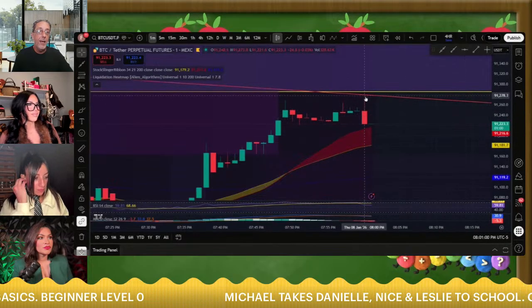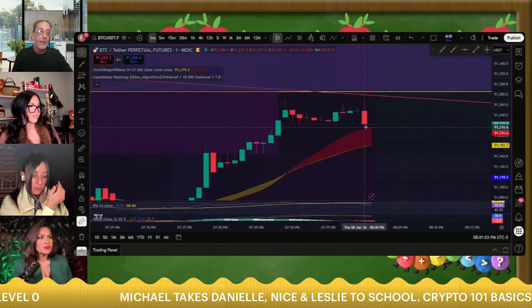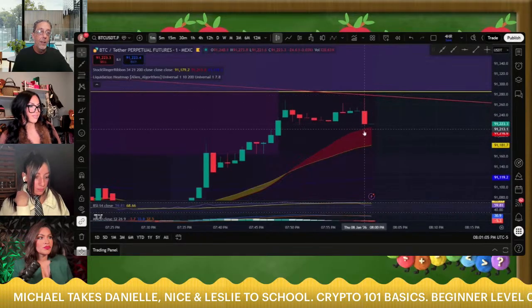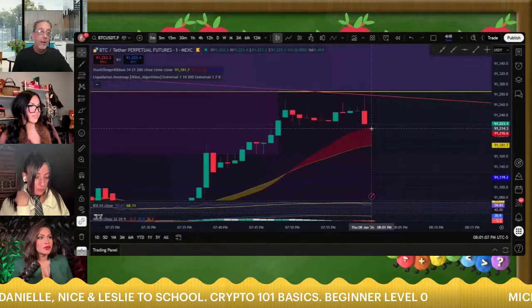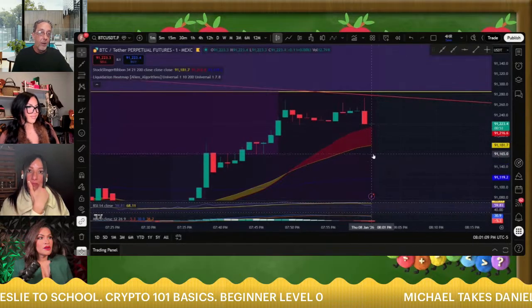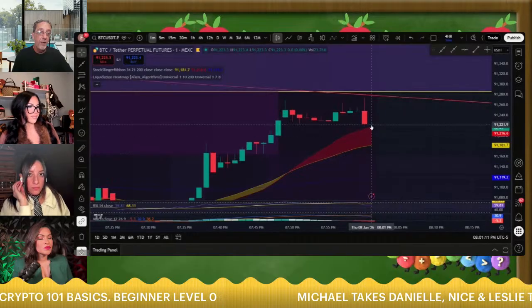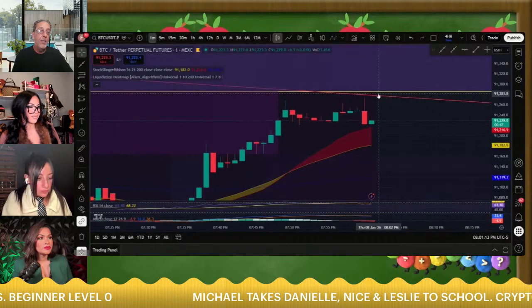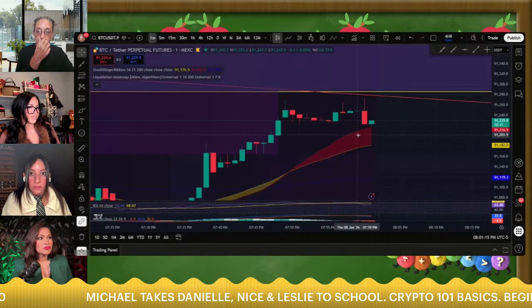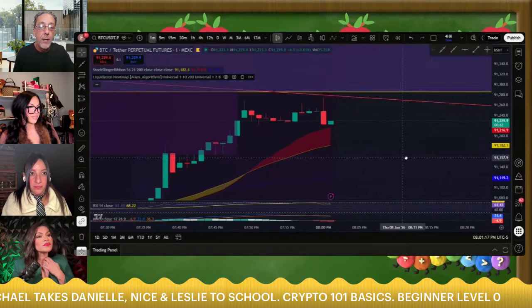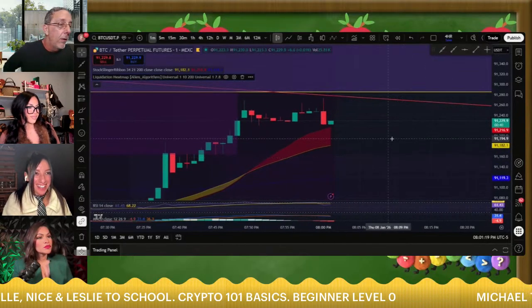It came up and it hit that, and now you're coming back down. Now a new 1 minute candle is starting. Is it going to hit this area right here and fall even lower? Which it will if it doesn't hit this line right here and bounce off of it as support. So these are little things that you can use that will give you a gauge on how to do this.